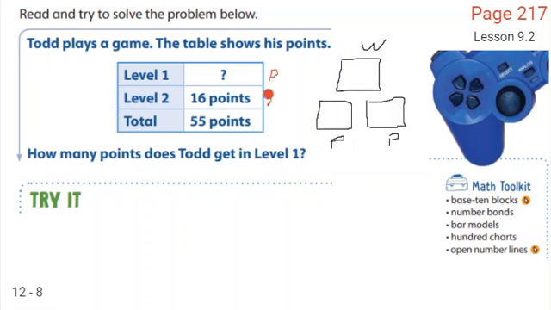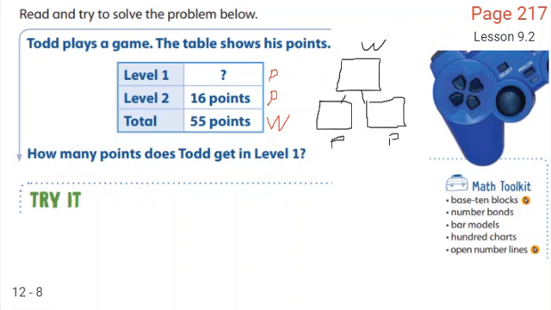Level 2, that's a part. Total, that's the whole. That total is the whole piece, or the sum. However you want to work it. All right, so